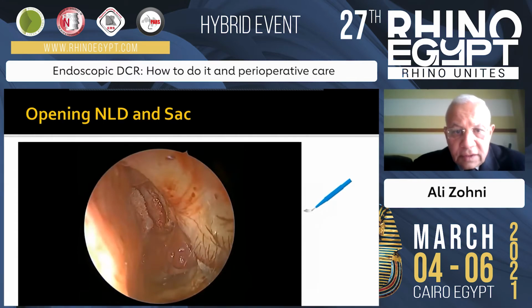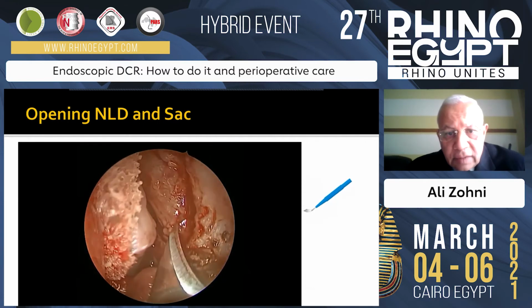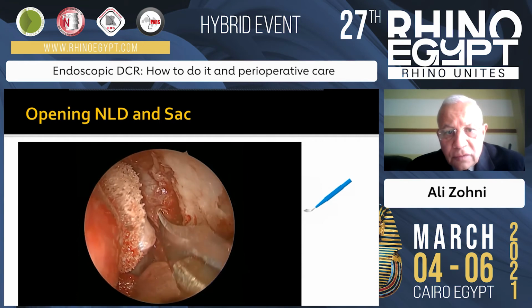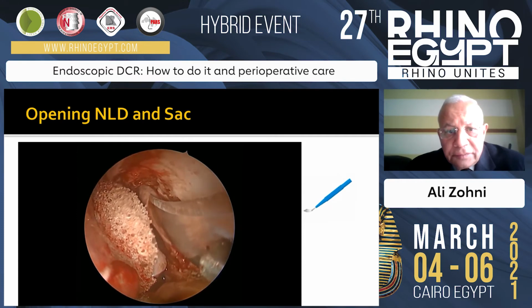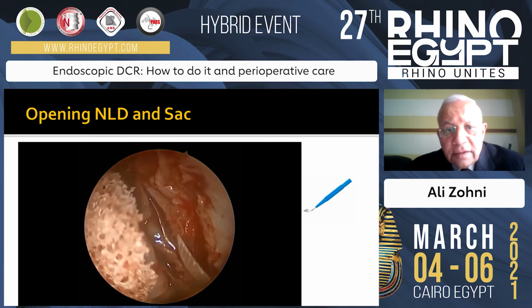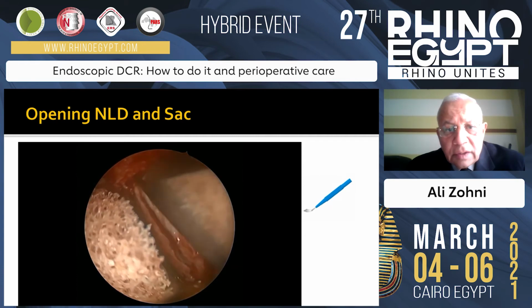After that, we incise the lacrimal sac, starting not only at the lacrimal sac level, but we start our incision at the nasolacrimal duct area, and we go superiorly to open the full length of the lacrimal duct and the sac, and we open the lumen of the sac by extending the incision superiorly. And after that, we inspect the inside of the sac area, and then we make two flaps, anterior and